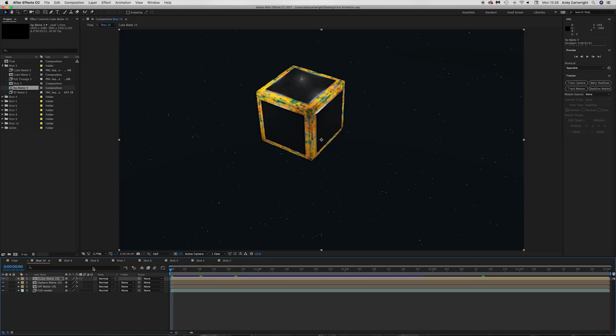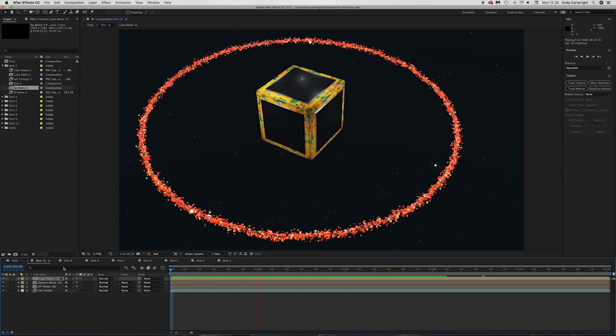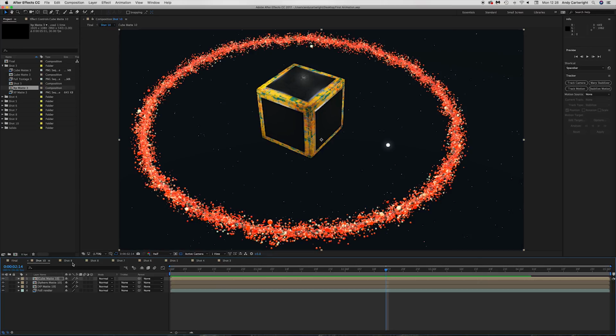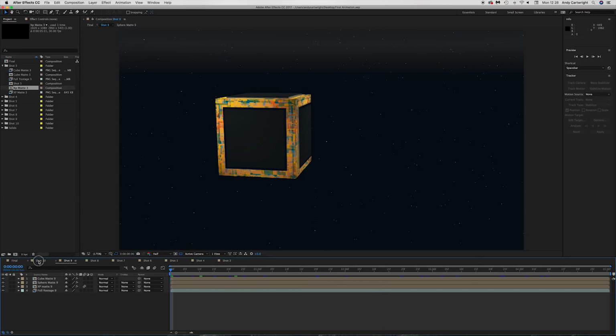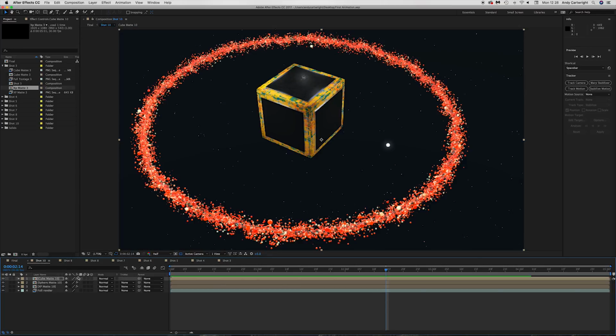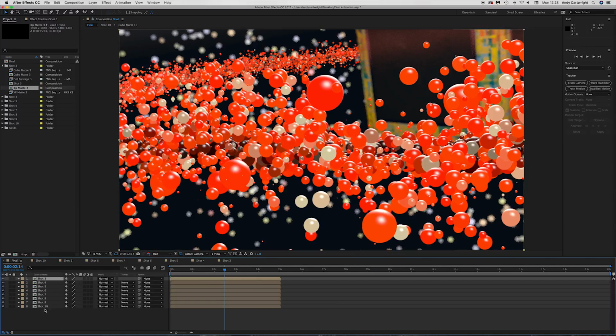So for example, I've put some effects already on shot number 9 and number 10. And you can see that here by the FX logo or symbol. And if I just turn these on and off, you can see that the cube there is changing, the effects are coming on and off. Same with the sphere, it's all changing. And this is all done within here, so whenever I go into the final,